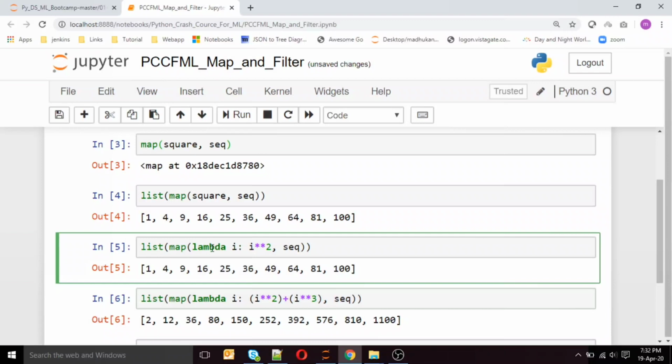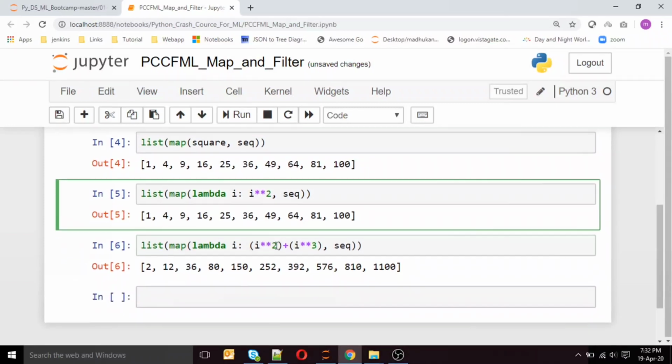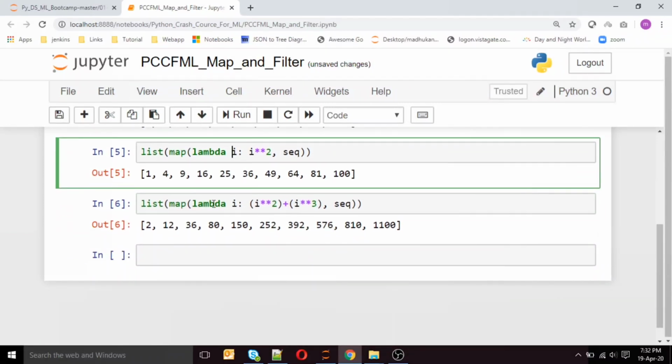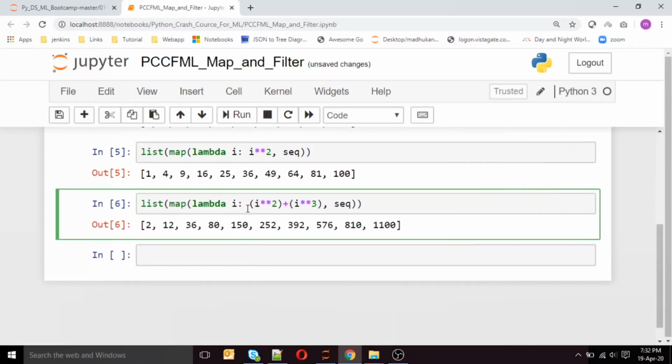You can create the function at runtime itself, with no need for any named function, pass it to the map, and it will give you the result in a list format based on the sequence you are providing.